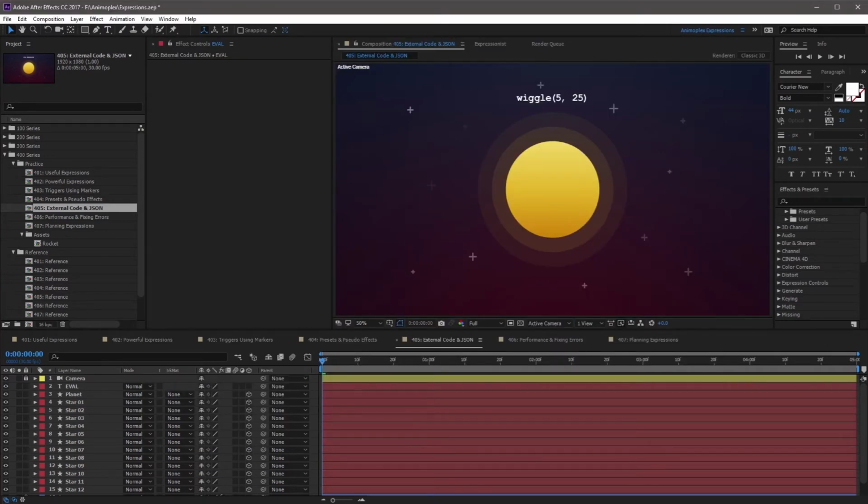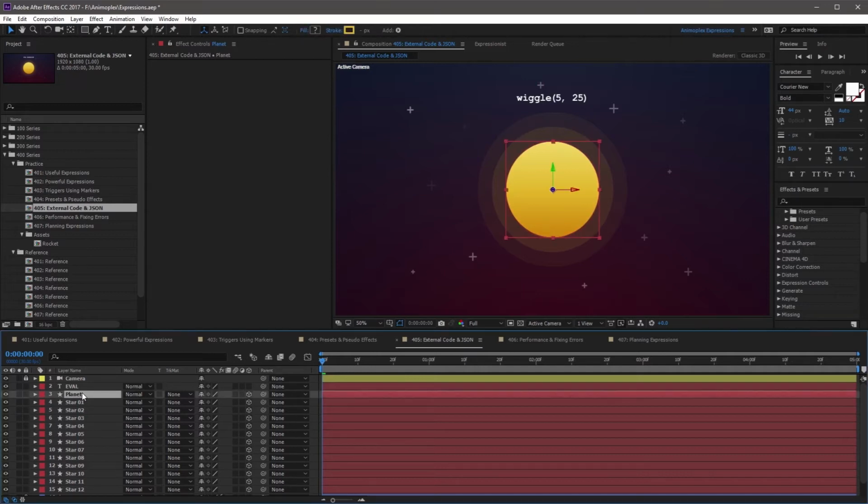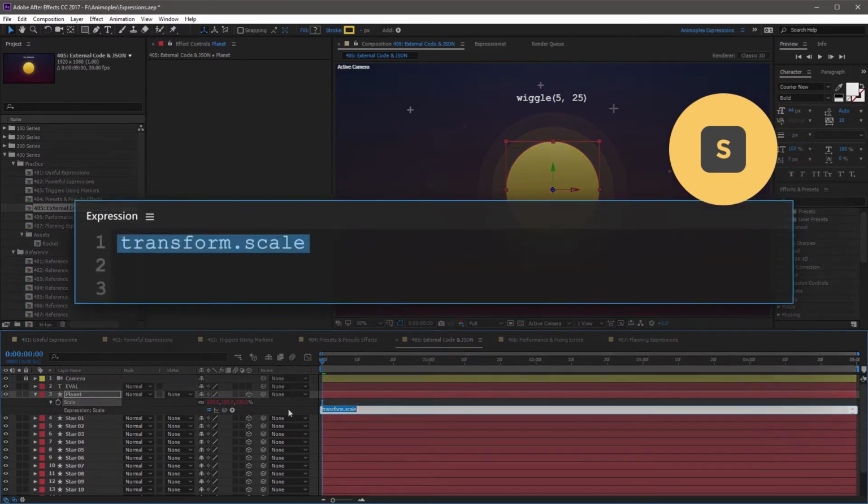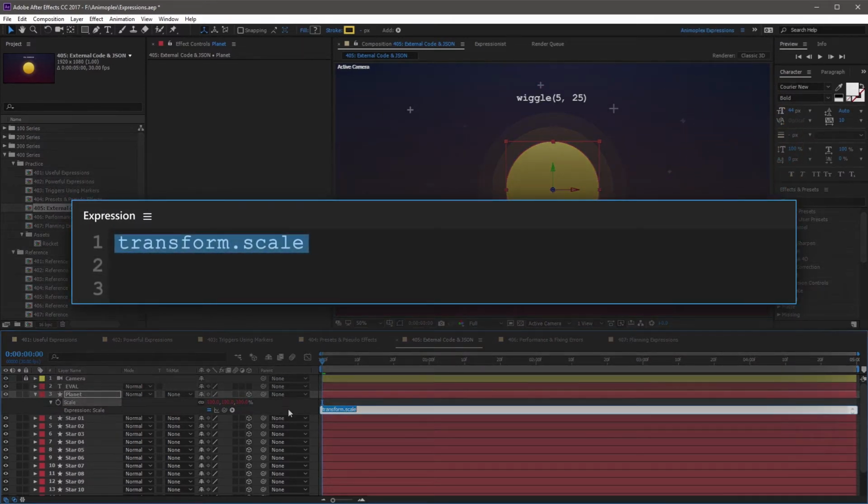And now we can actually create the eval file method. I'm going to go to the planet layer. I'm going to open scale and add a new expression. On the first line of the expression, you want to specify the file path. So I'm going to create a variable, myPath, capital P, followed by an equal sign and an open double